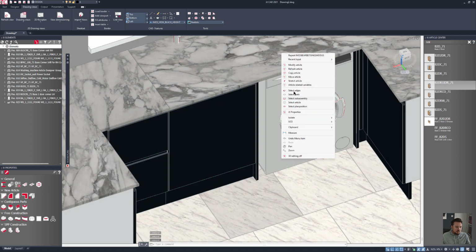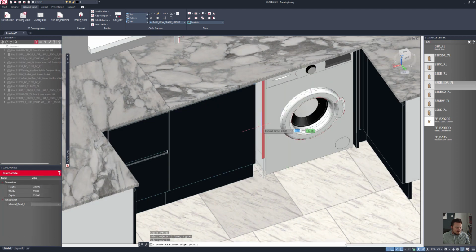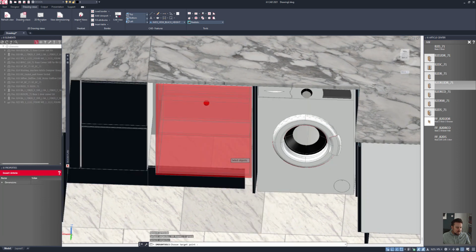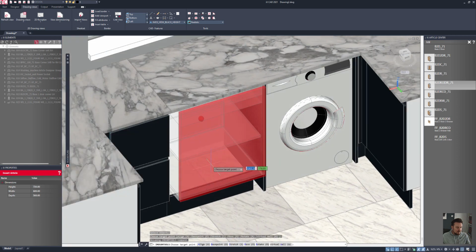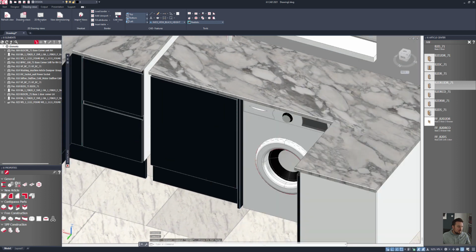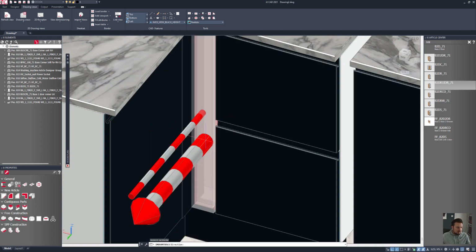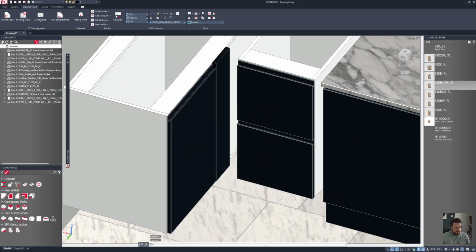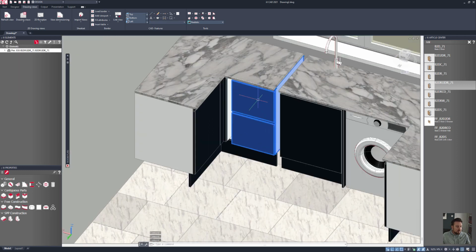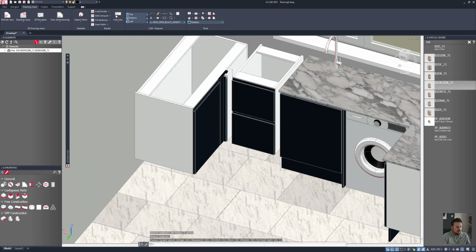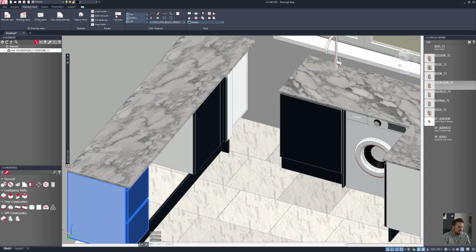And my end panel, so again just move article, and then I want to take my standard sink unit again and move that up tight to this product here, so I'll just bring it in, and then I'll stretch this product in here and say overall this should be 50 millimeters as well, so that's going to reduce that down, and then I can move this product out the way. So what I'll do is I'll just use move article and set it down over on this side, and then you can see it's extended this across for me,